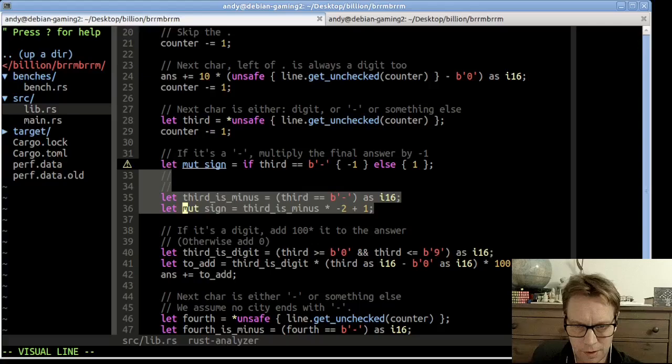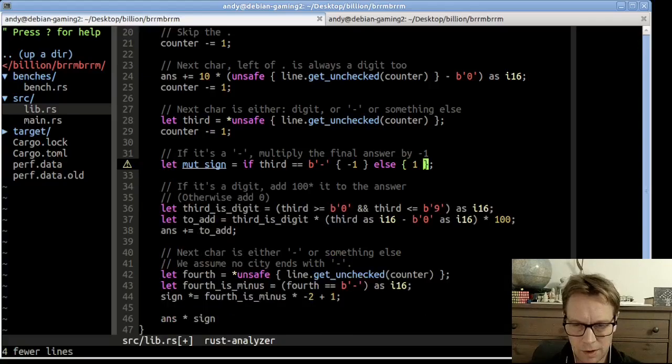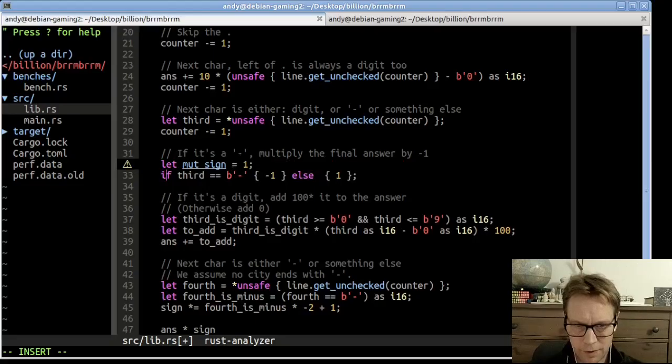And now we don't need this thing. And now we can actually make this an else if, so this kind of feels better. Can we? I guess we can say, no, let's do this. Let the sign be 1. If it's a minus sign, then sign equals -1. Otherwise, if it's a digit,